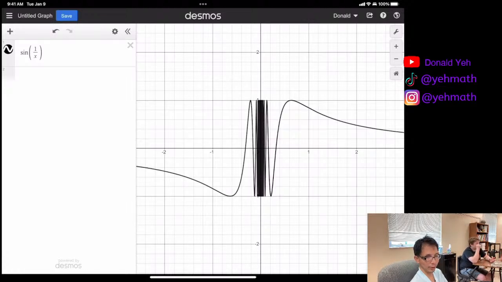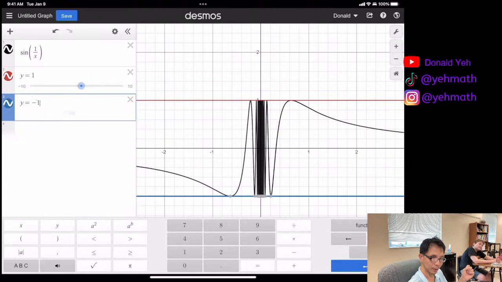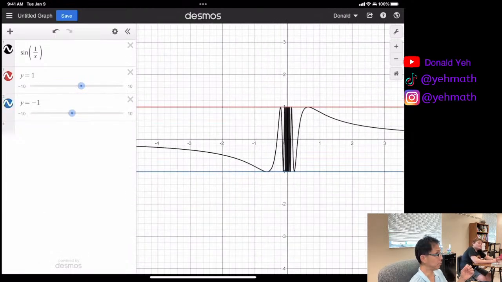What is the range of this function? Range. Let's ask Grace. Nice, good job, Grace. Some people think negative infinity to positive infinity? No, it's negative 1 to positive 1. Range means y value, from the lowest y value to the highest y value. You are oscillating between negative 1 and 1. So if I graph y equals 1 and y equals negative 1, it's oscillating between the two. And we don't know what happened in the middle,